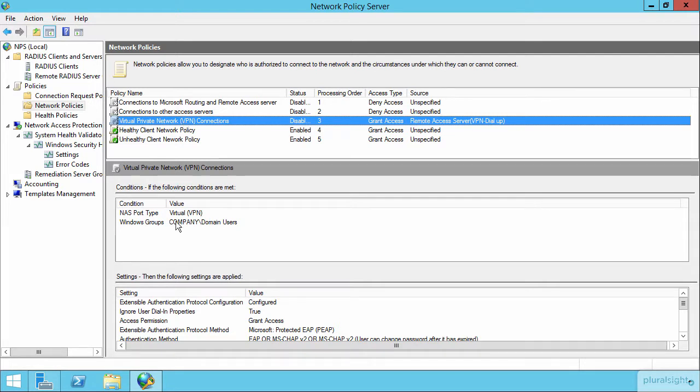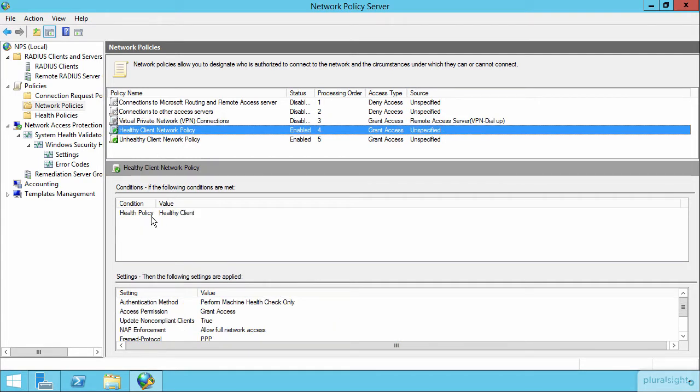One of the things I want to show you here is just the NAS port type condition that exists here for these VPN connections. Also the Windows groups here, but we're more interested in the NAS port type. The only real thing I want to show you here, again, recognizing fully that this is not a completely functioning scenario and use case, is that if you need to extend everything we've talked about here into the VPN space as well, it's entirely feasible for you to construct additional network policies that incorporate, for example, the health policy condition